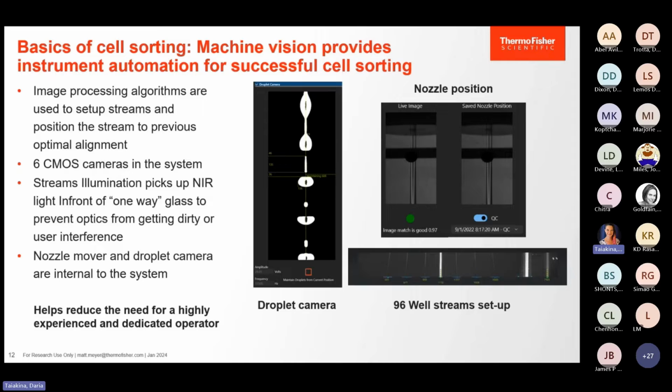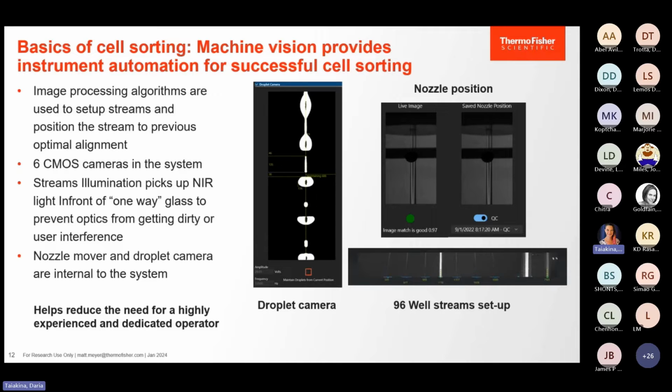So that's going to reduce things like fanning. And all of this is done using 6 cameras. These are the CMOS cameras that automatically help facilitate the setup of the system. Ultimately, this will allow you to have a better sort, because all these parameters are going to be optimized during the automation, whether that's a 1-button QC, which does everything in sequential steps, or